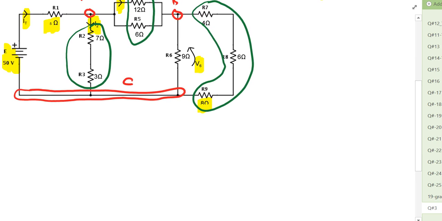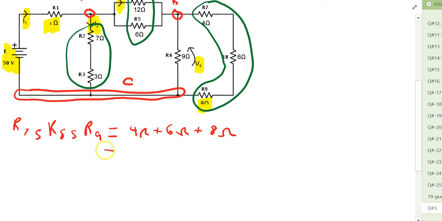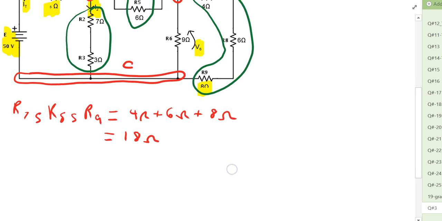Now, so then we can start by saying that R7 in series with R8 in series with R9 is equal to 4 ohms plus 6 ohms plus 8 ohms, which is equal to 18 ohms. So 18 ohms is equivalent to R7, R8, and R9 in series. We have